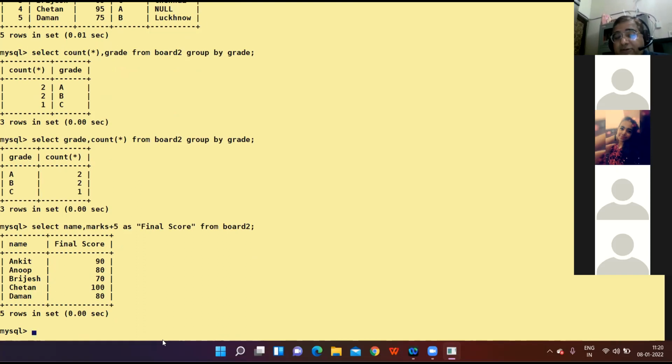Check the output carefully. If you want to change the name of the column, you want to give a different name to the column, you want to create an alias for the column, this is how you can do it with the help of as keyword. Right? Clear to all?